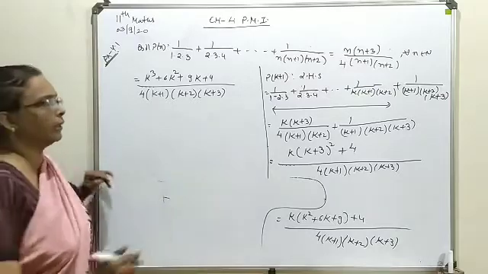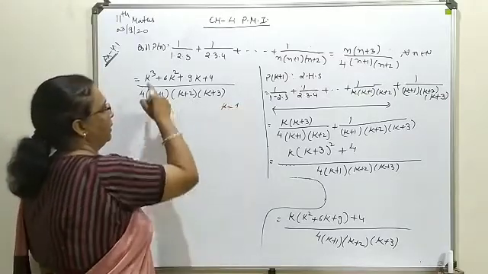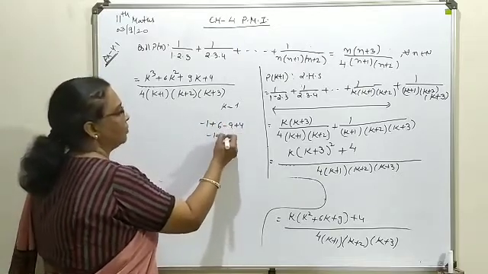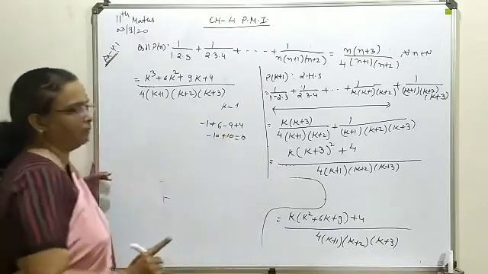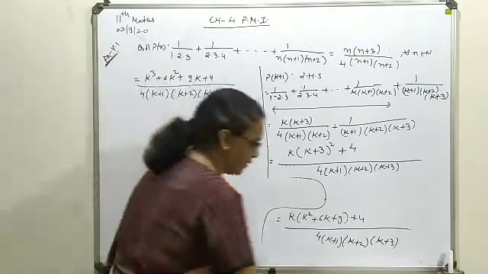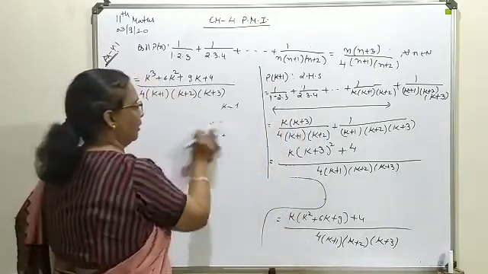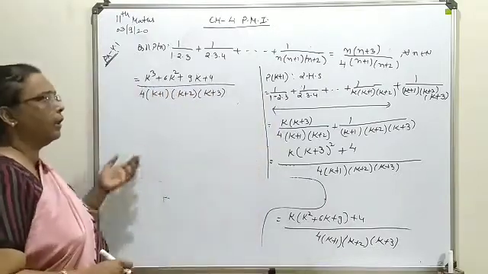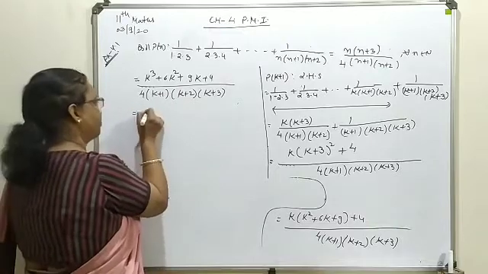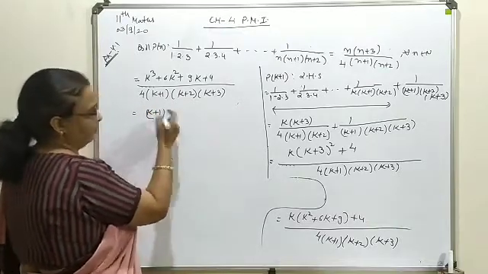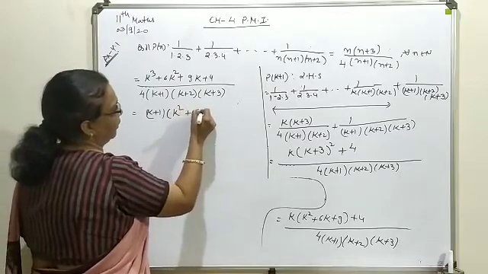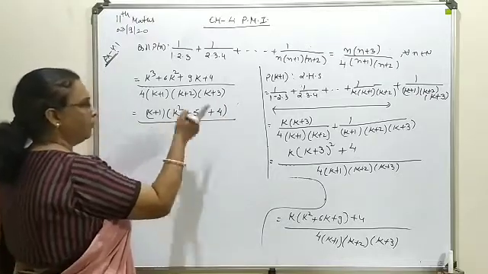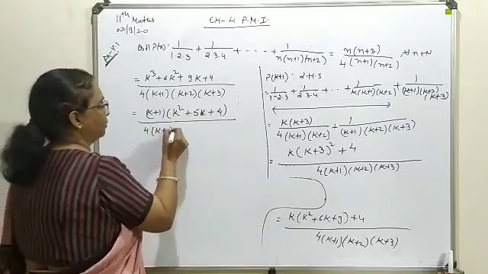So first we will move for k is equal to minus 1. Let's see, minus 1 plus 6 minus 9 plus 4. You see this is satisfied with zero, which means k plus 1 will be one of its factors. If you divide this expression by k plus 1, you will find the quadratic form as a multiple: k plus 1 as one of the factors, and its quadratic form you will produce like this: k square plus 5k plus 4. It is to be further split for further solution.